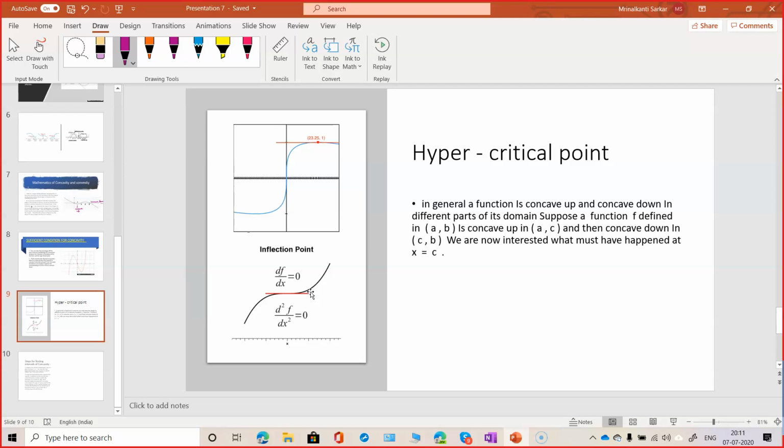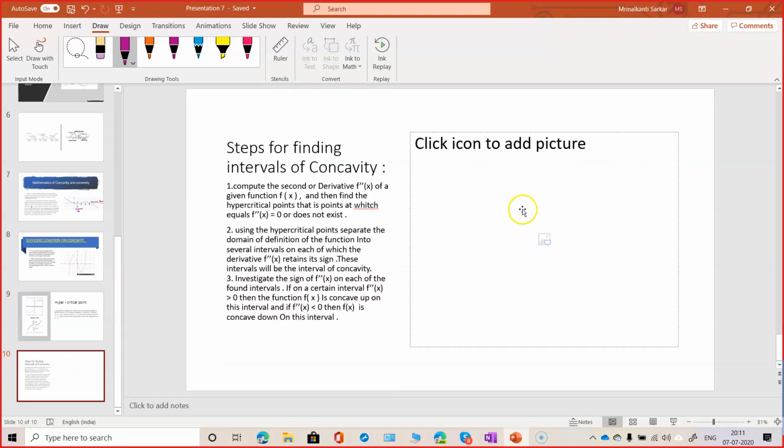Okay. And what are the steps to determine the concavity or convexity? Very simple, we have already explained that when you are going to find concavity or convexity, you have to remember the second order derivative. If it is greater than 0, it is concave up, less than 0, it is concave down. Let us see with one example. The main steps I have written here, but this is not so important for you now. Already I have explained the meaning in terms of d square y by dx square. Now let us practice one sum here.